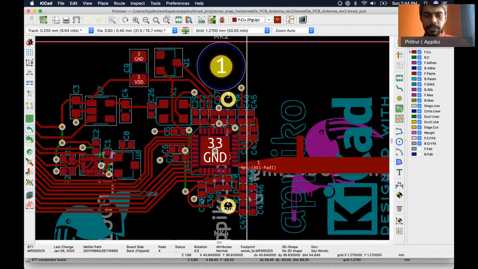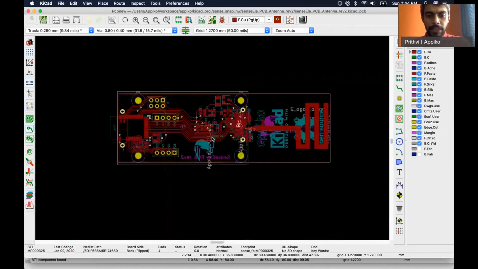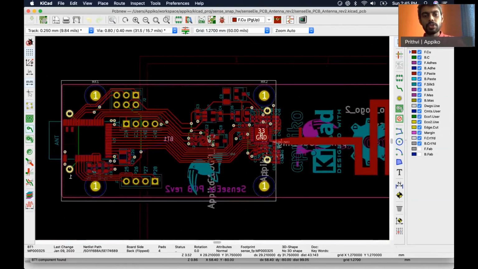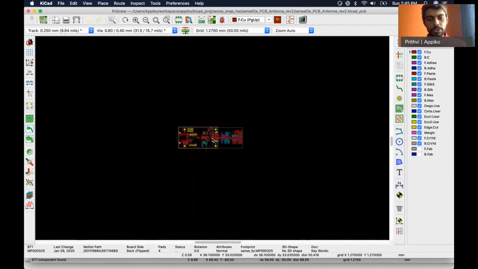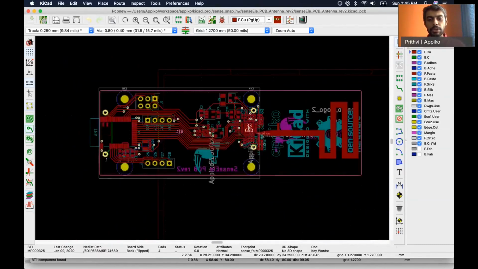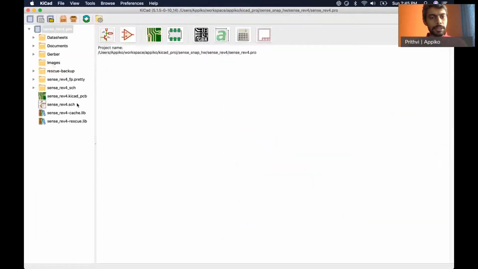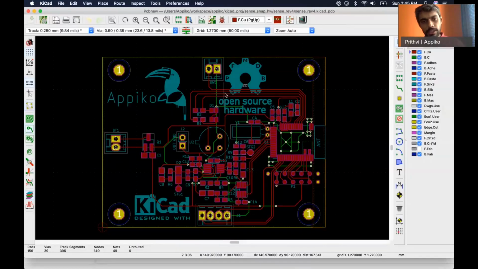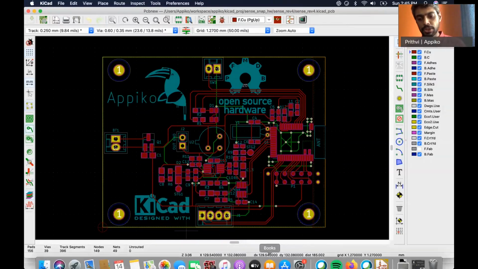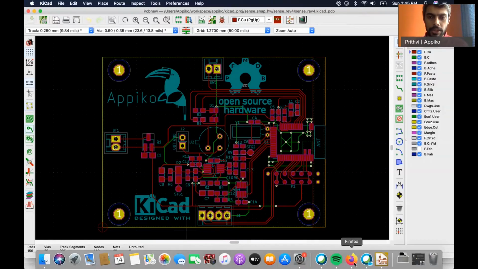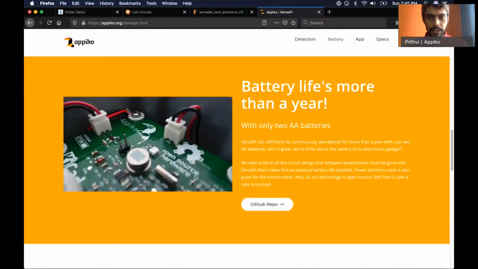Another thing I would like to say is that when you're designing a PCB, you have to design the PCB according to the enclosure that you are using. As you can see, this is a square PCB with 4 mounting holes, quite a simple design. This was done so that it should fit in the off-the-shelf enclosure we chose, which you can see here.